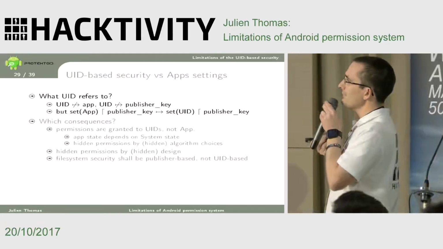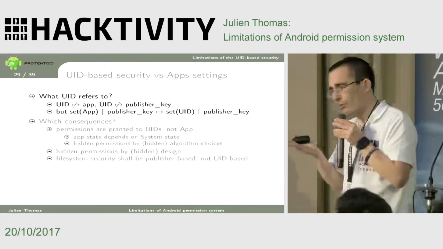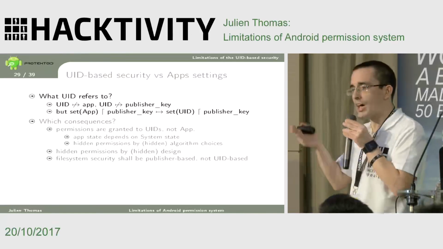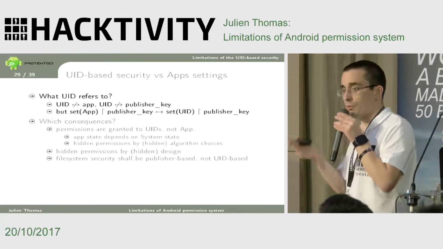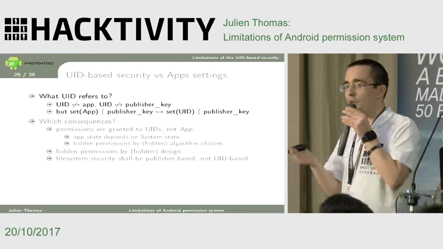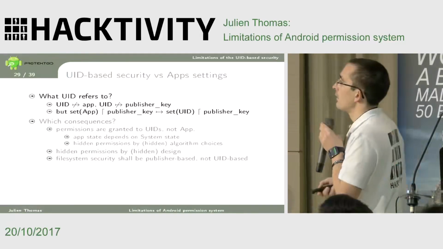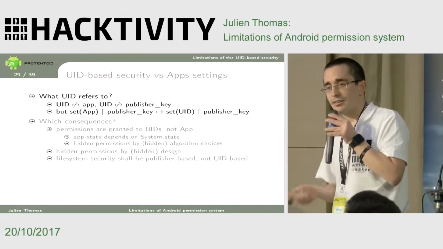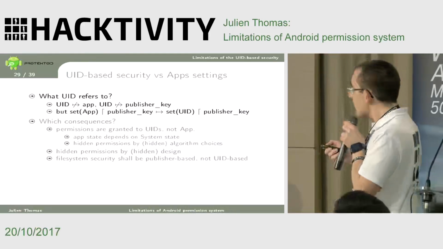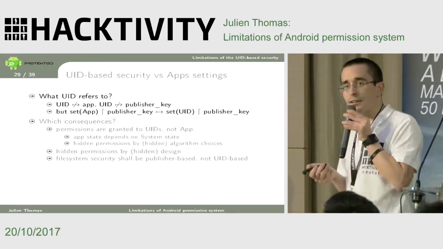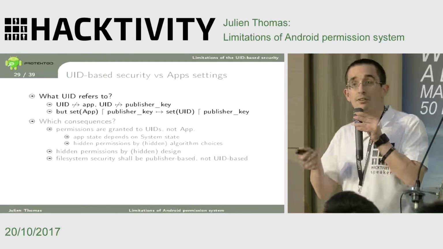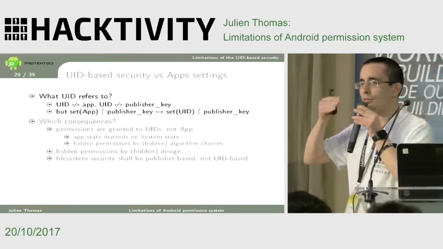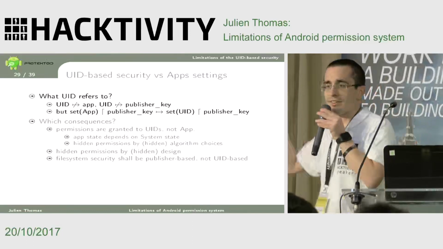Meaning, if you grant a permission to an app, well, you don't grant a permission to an app, you grant a permission to a UID. But you don't know if this grant is to an app or to a set of apps. And that's impossible to know without a security application, because Google does not show you that. And it's by design. The very important thing is that by design they decided to do that. And by design, you also have permissions that are not displayed. You have system applications that do not show that they have contacts access, yet they have it. So you can have a configuration where nobody knows that contact access is shared.